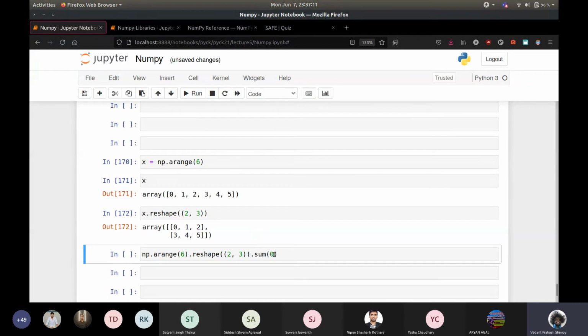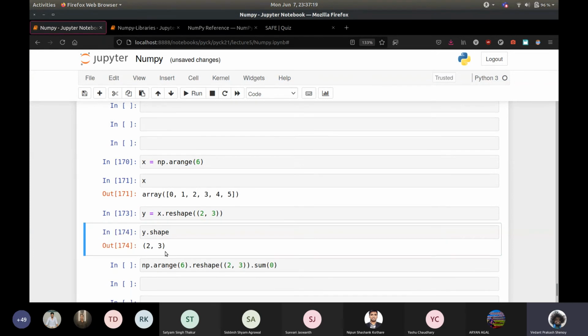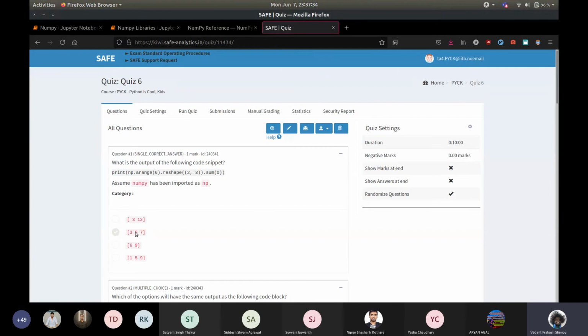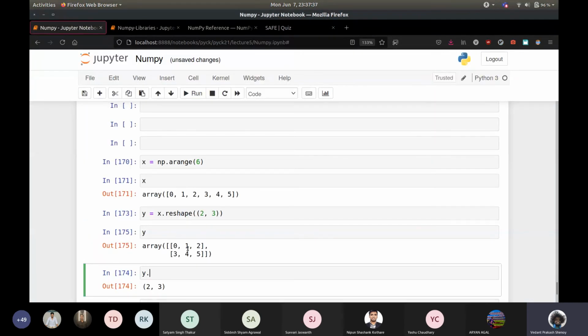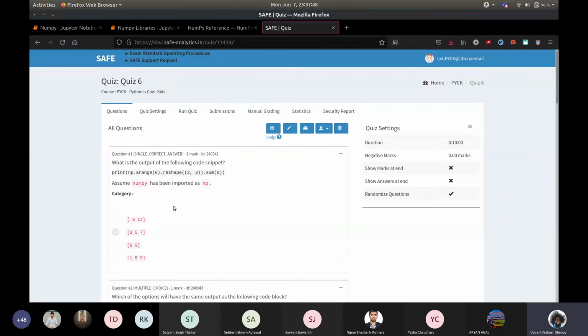And if you want to take .sum(0), remember, so let's call this y. Remember that sum(0) means that everything in this dimension will now be deleted. So it will sum over the rows. So you will get 0 plus 3 is 3, 1 plus 4 is 5, 2 plus 5 is 7, and 3, 5, 7 is the answer here. y.sum(0) is 3, 5, 7. So you print it out, you get rid of these commas and this array thing, so it gives you something prettier. So that's the answer there.